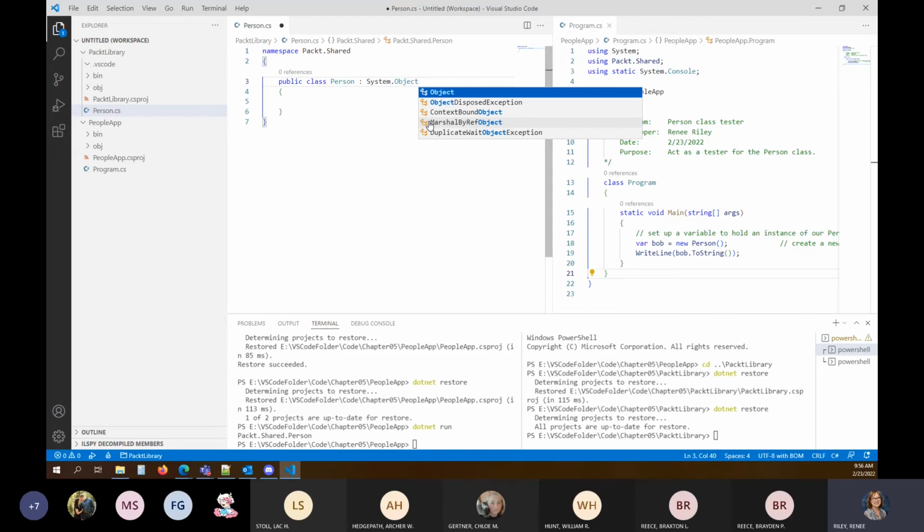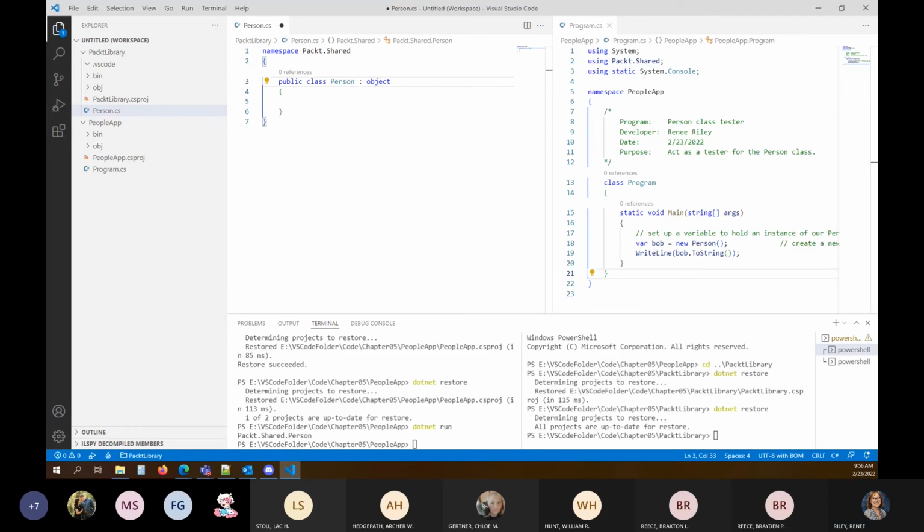We could have that inheritance, but we don't have to. We could also use the alias for the system object called lowercase object. Either of those things refer to the default C# system object, and we're going to be inheriting from that default object.